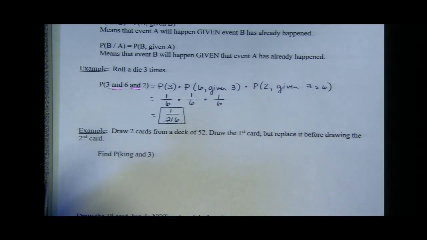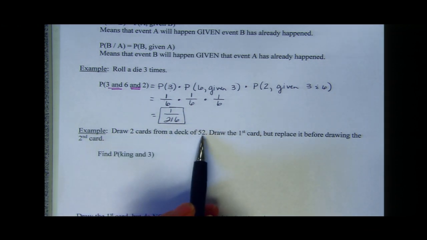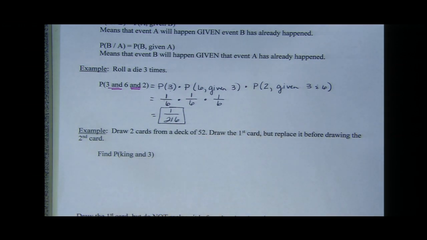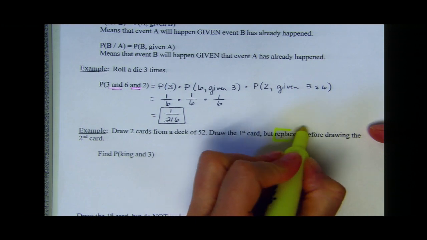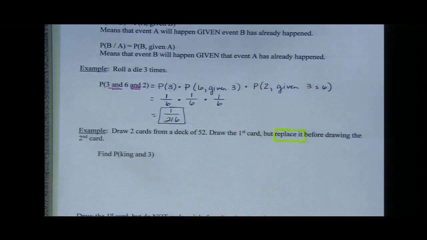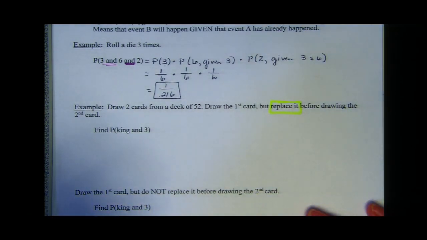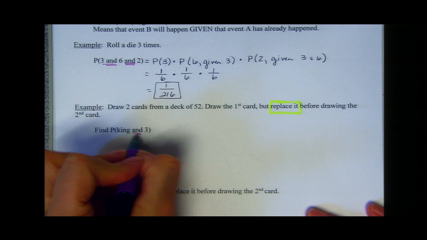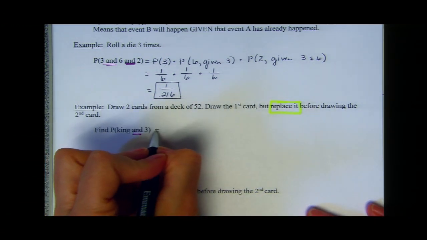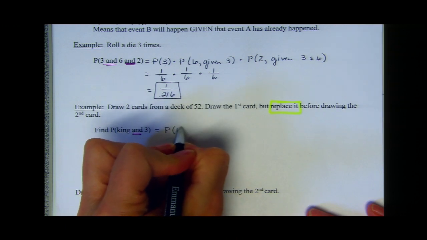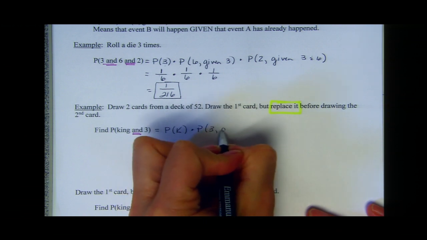All right, then we have a second example. Draw 2 cards from a deck of 52. Draw the first card. Replace it before drawing the second card. And it wants to know the probability of getting a king and a 3. That would be written as the probability of a king times the probability of a 3